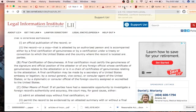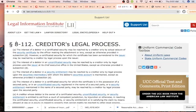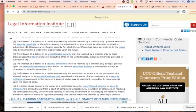Okay, a creditor's process, a legal process. I'm going to look at UCC 8-112. This is a creditor's legal process. I talked about the trust having the right to utilize that certificate of title. If you go down to section D, it says the interest of a debtor in a certificated security, that's the birth certificate, for which the certificate is in the possession of a secured party, that's the trust, or in an uncertificated security, this is the social security number, registered in the name of a secured party, or a security entitlement maintained in the name of a secured party may be reached by a creditor by legal process upon the secured